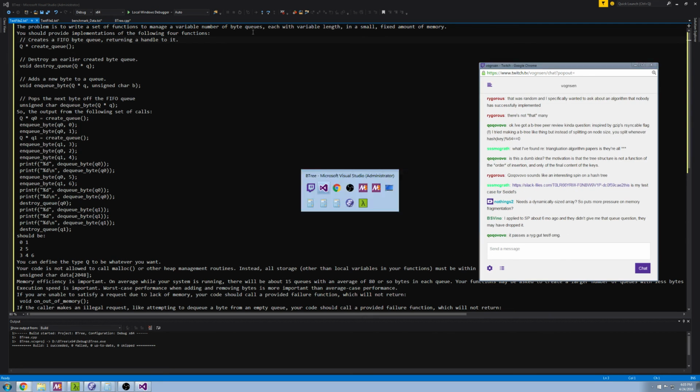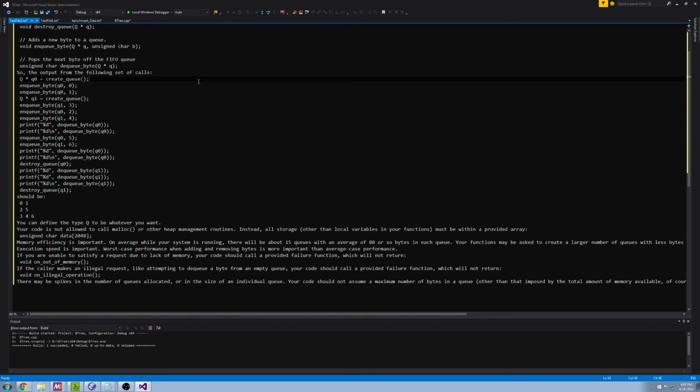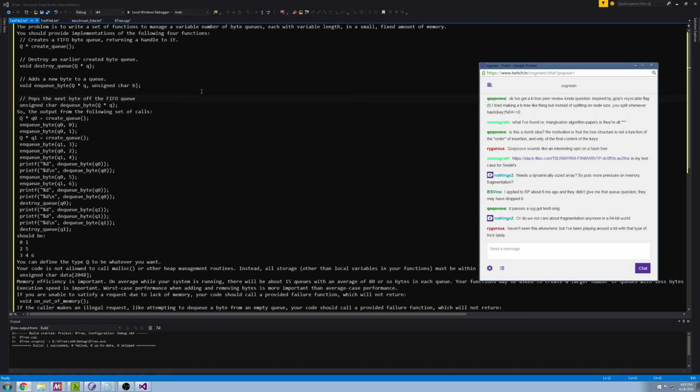That's a terrible ratio. They also have specific memory requirements, like they have only 2K of memory. You need to be able to handle single queues that are really big, but also on average a bunch of different queues that each only have a certain amount of bytes. So there's a bunch of different stuff here. Anyway, if you really analyze what's possible within these restrictions, given the requirements, you find out that you